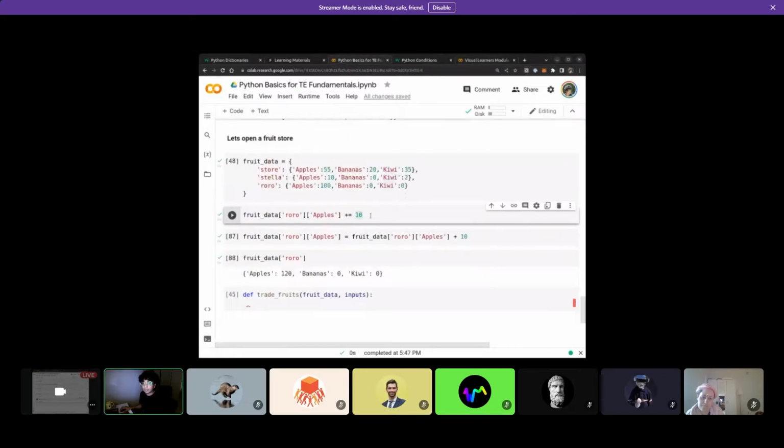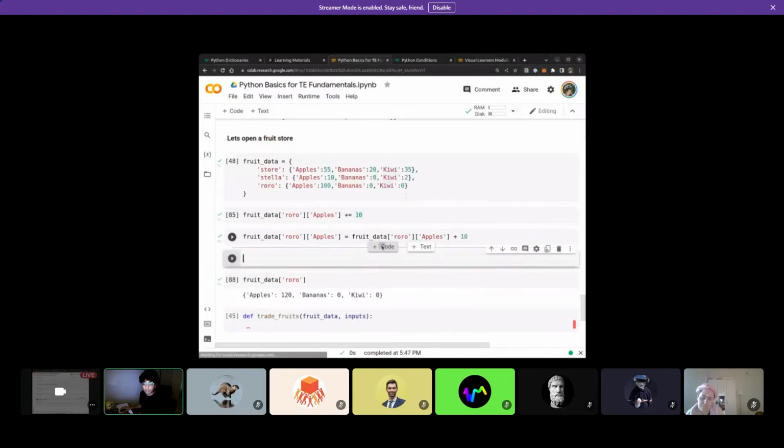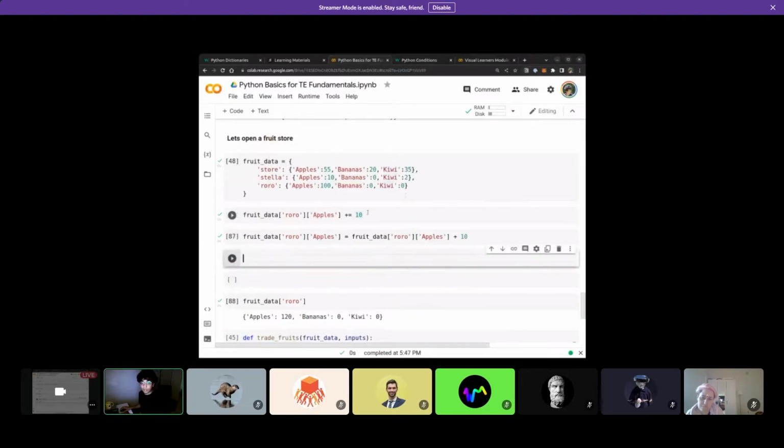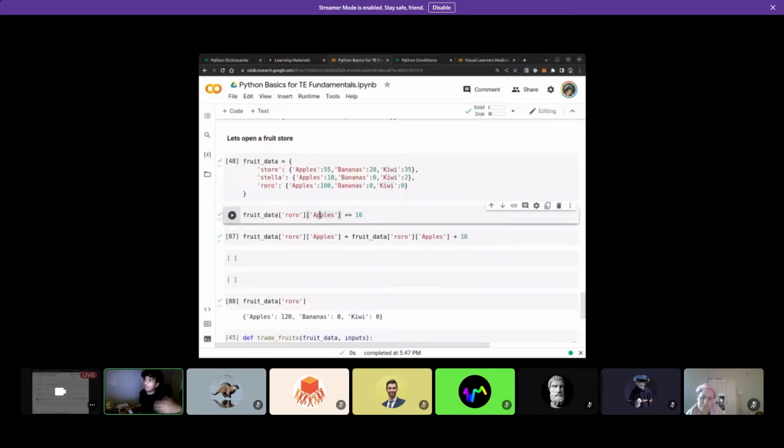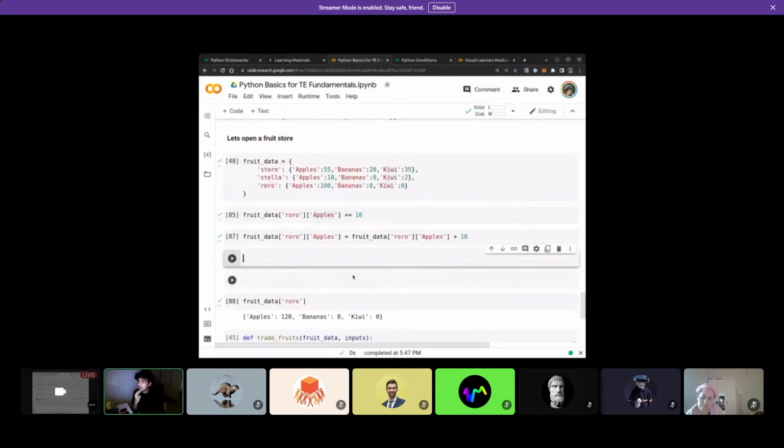So I'll keep it like this. Maybe I'll explain it better in our notes, in the comments. But basically, that's what we're doing. We're adding 10 apples to whatever the current state of the apples was out here. Now, that's maybe another tool we can use, right? Like, I can say that anytime a trade happens between Stella and Roro,